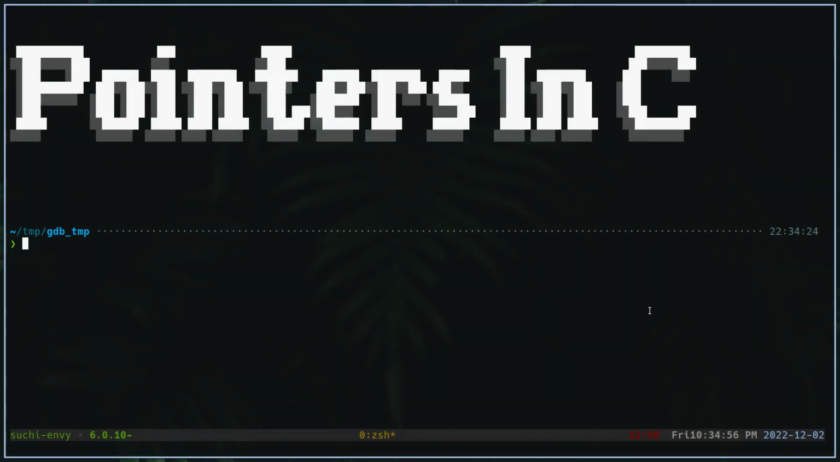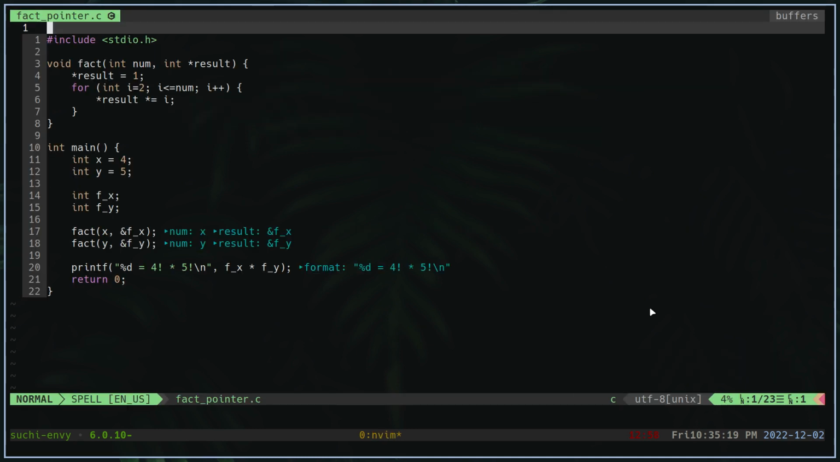Today we'll be talking about how pointers work in C programming, and we'll just be talking about the basics of pointers: how they're stored, how they work, what they represent. We won't be talking about arrays or pointer math in this particular video. I have a file that I have pre-made called factpointers.c, and this just contains some code that uses pointers internally, and we'll be analyzing this code to understand how